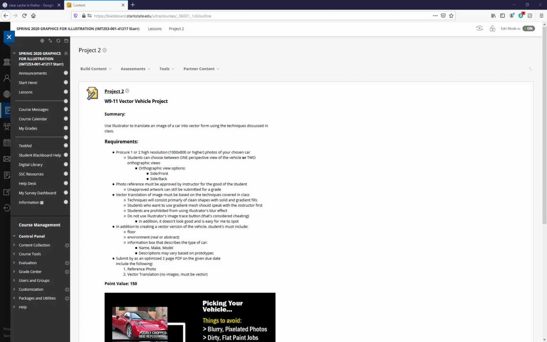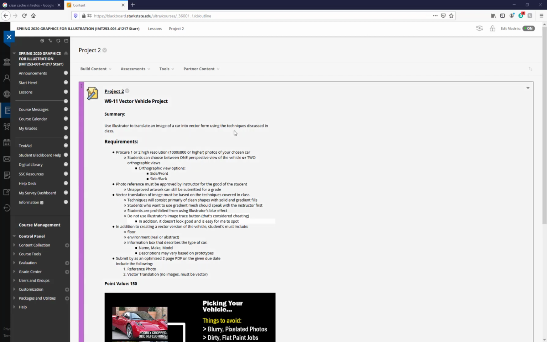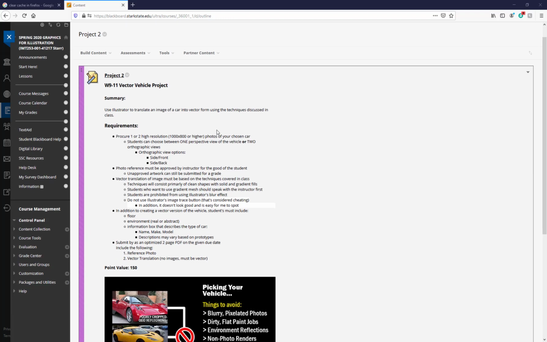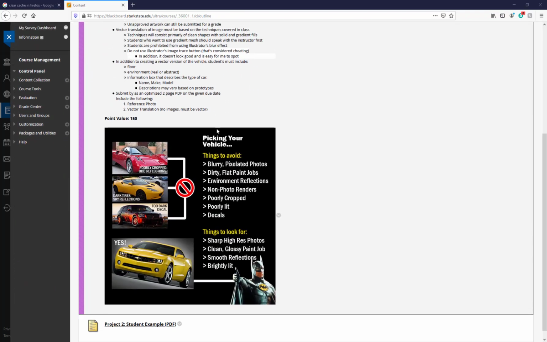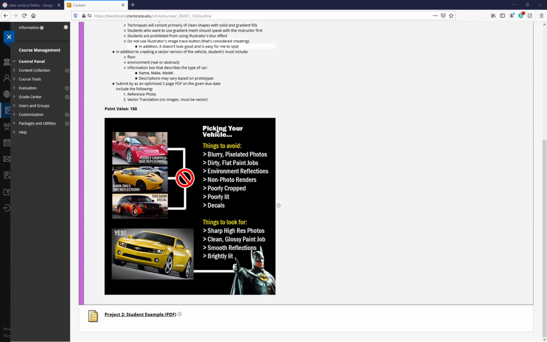Hey class, Eugene here, talking about Project 2, the Vector Vehicle Project. Make sure that you read over the description. One of the things I want to point out before I get into this is making a good